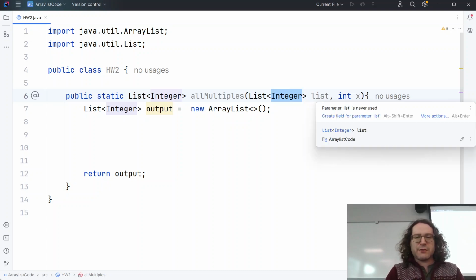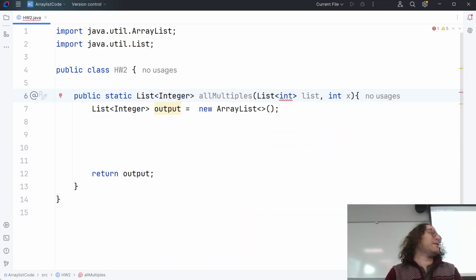One common mistake, though, that I find weird, and I think is arbitrary on the part of the developers of Java, but at this point it is just law, is you can't do this. You'd think it could be a list of ints, but because of the way generics work, you have to put a class in there, an object type. So we use Integer,